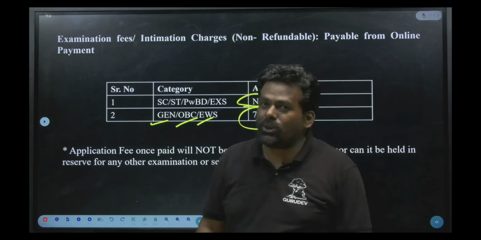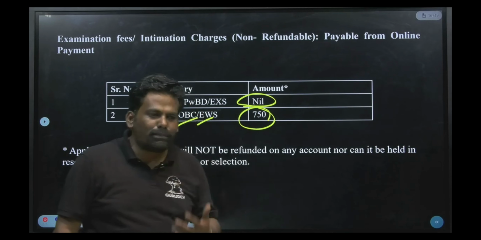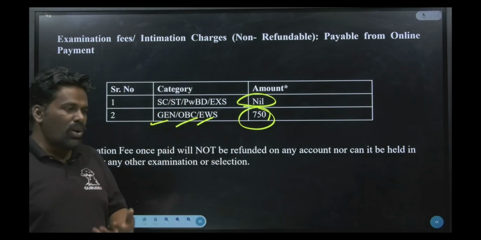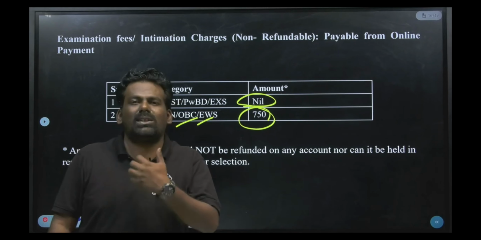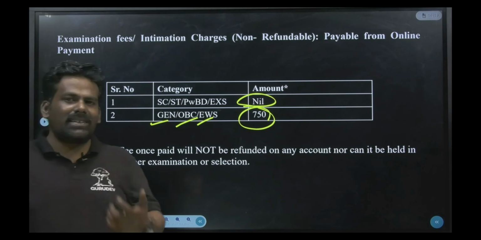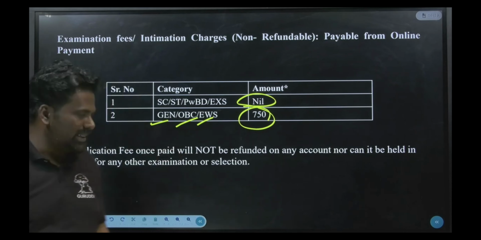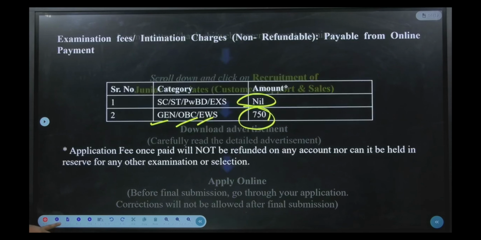If you are eligible, don't forget to apply. That is very important. Once you apply, feel the examination, how the questions are, how difficult the SBI junior associate question paper is. Unless and until you write the examination, you will not be in a position to understand it. Next, before this, let us understand one important thing here.